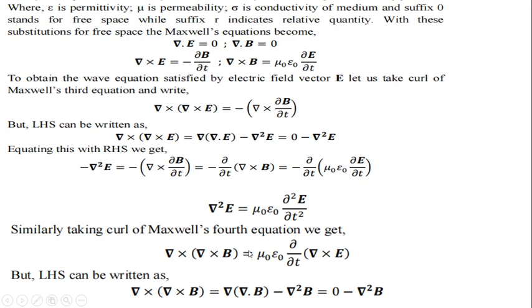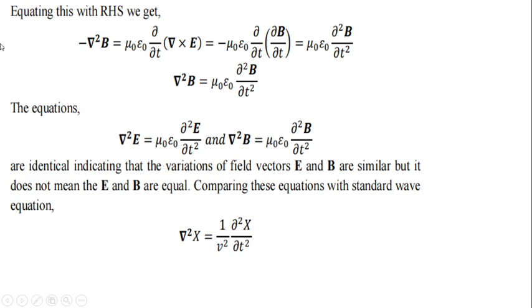Similarly, taking the curl of Maxwell's fourth equation, we get del cross del cross B equal to mu 0 epsilon 0 delta by delta t of del cross E, and the LHS can be written as del cross del cross B equal to del into del dot B minus del square B, equal to 0 minus del square B. Therefore we get minus del square B equal to mu 0 epsilon 0 delta by delta t of del cross E, equal to minus mu 0 epsilon 0 delta by delta t of delta B by delta t, and therefore